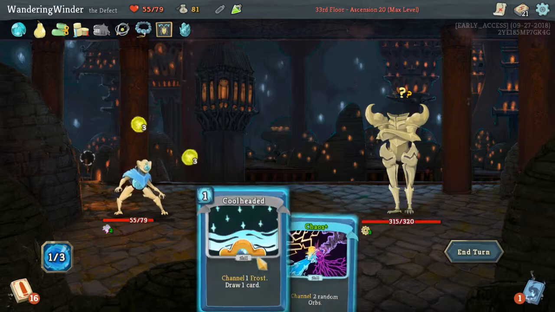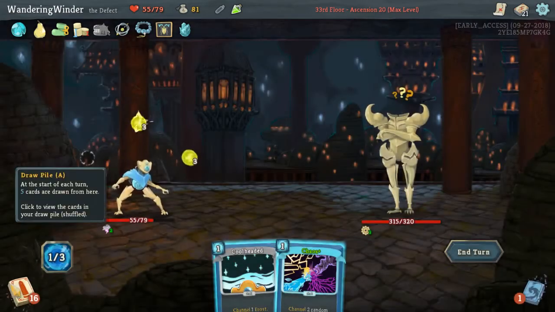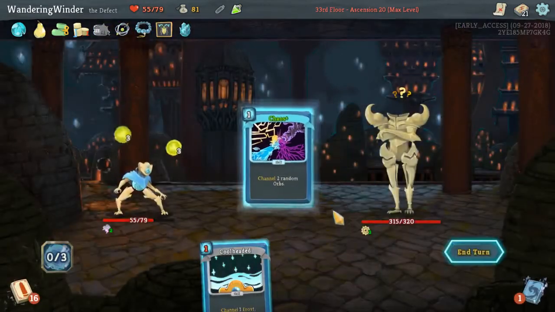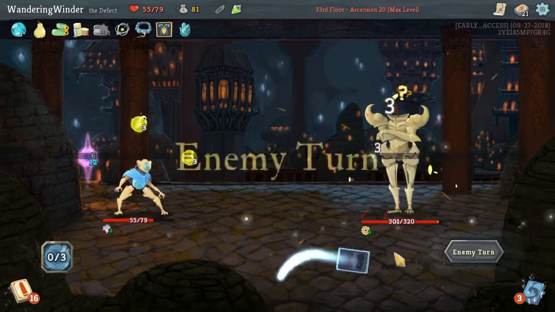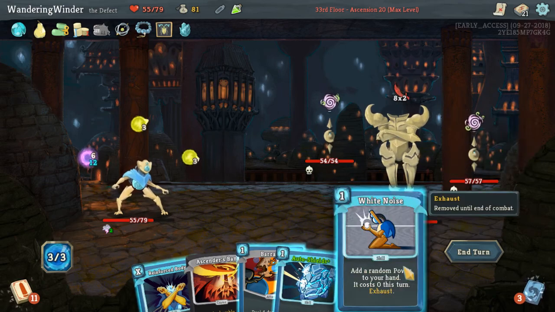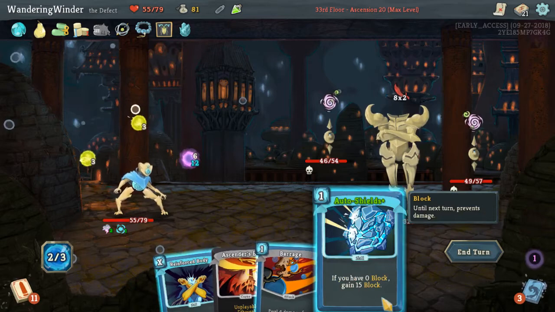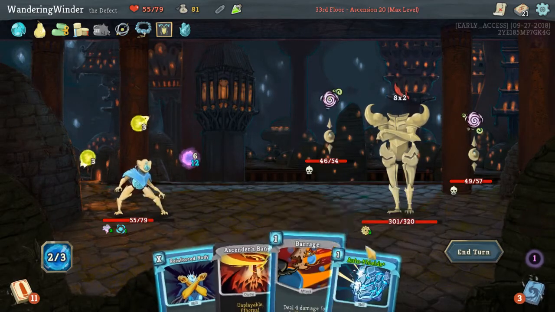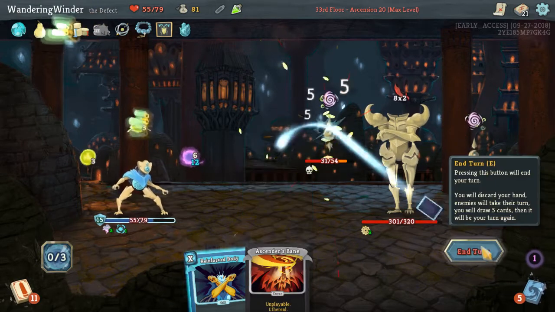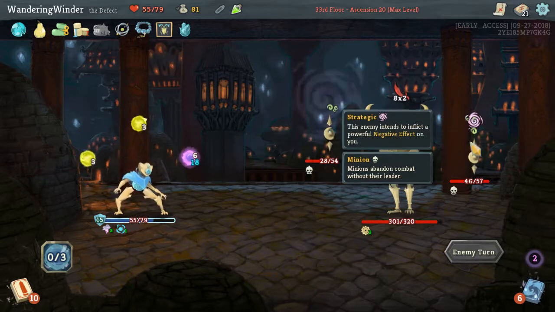I think Chaos is better than Cool-Headed because I can't play whatever card I draw, most likely, unless it's exactly Zap. Steam Barrier, I don't want to. Fission, I guess I could, but... Okay. Echo Form is so good. I'm okay taking the 1 damage. Took Fission,